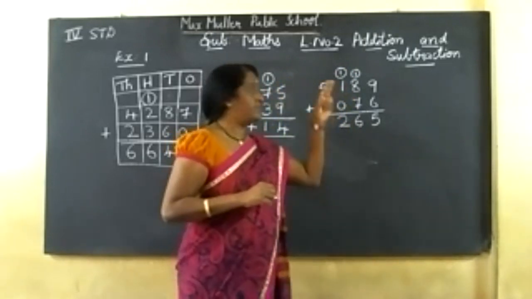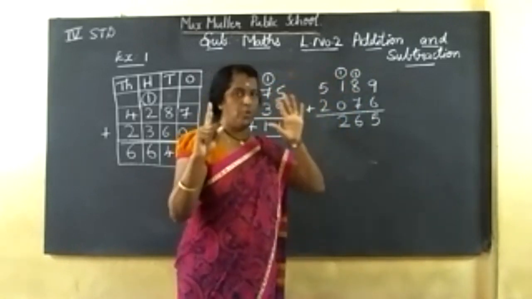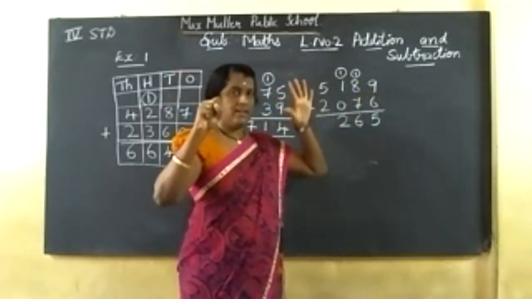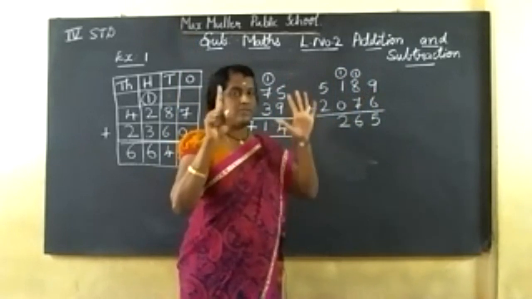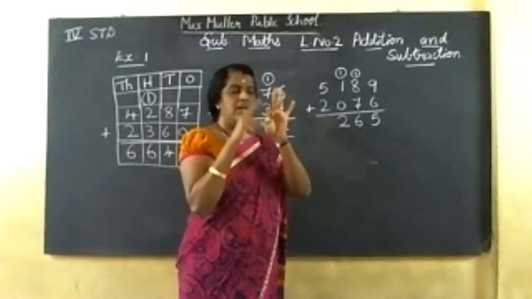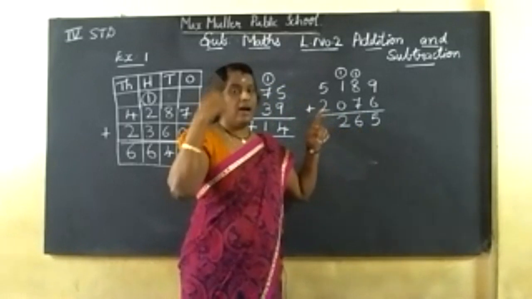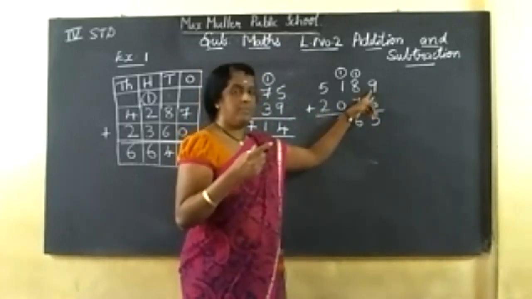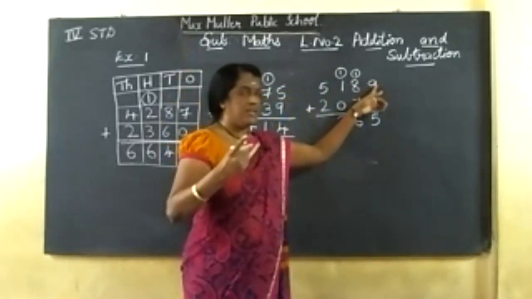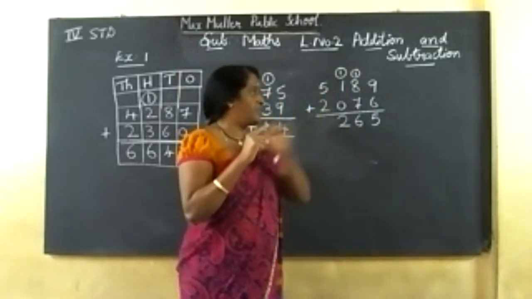After 5, see you should, yeah, so many children I know. See, 9 in the mind, 6 on my fingers you will open. After 9, 10, 11 like that. So many children, 9 in the mind, 6 on my finger. You will say after 6, 7, 8, 9, 10, 11, 12. It is wrong. No. After that only you should count. After 9, 10, 11, 12, 13, 14, 15 like that you should count.